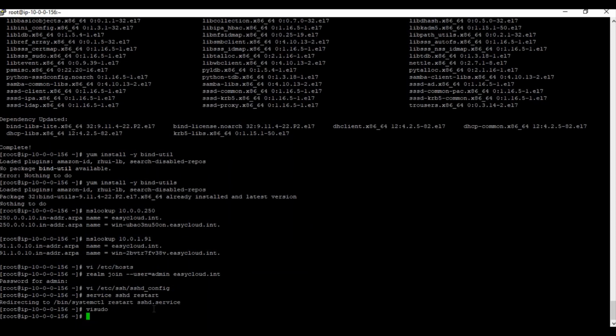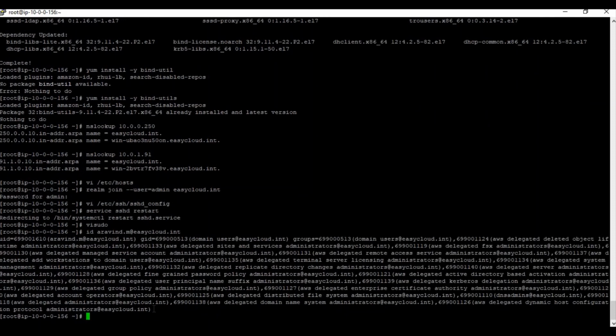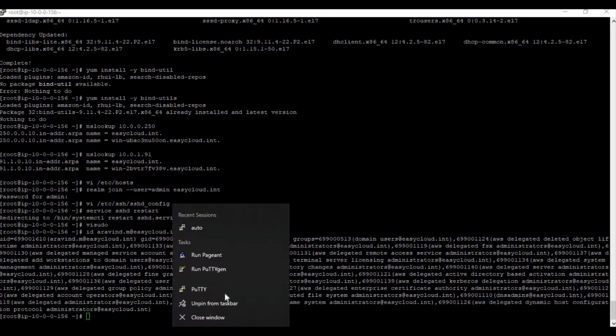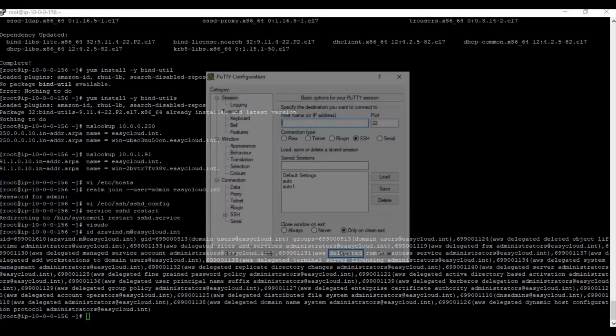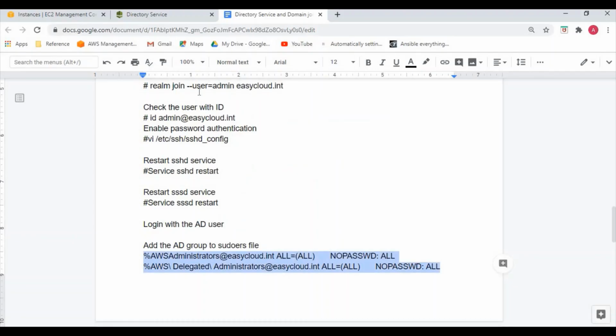Save. So let's check if the server is able to access the users. For id, we're going to give aravind.m@easycloud.int. So see, we are able to access the user. So let's try to log into this server using the domain credentials.